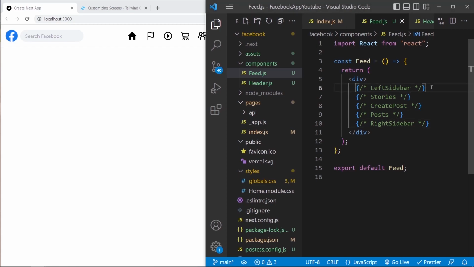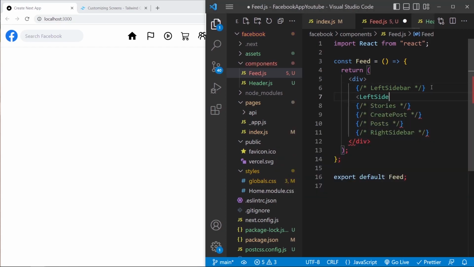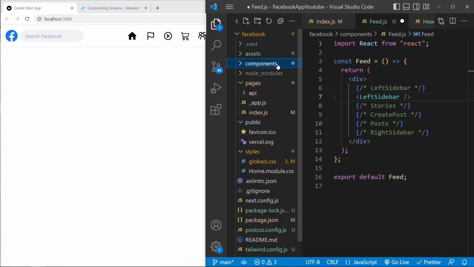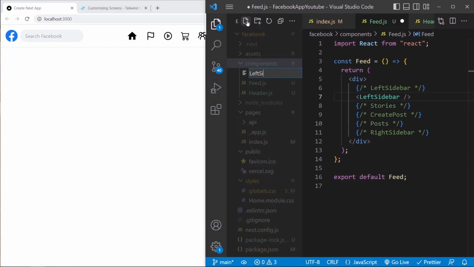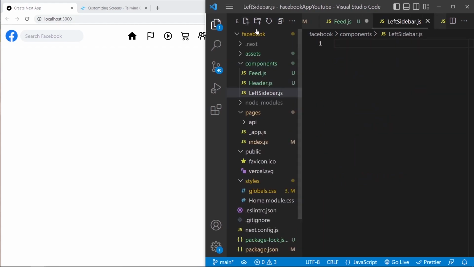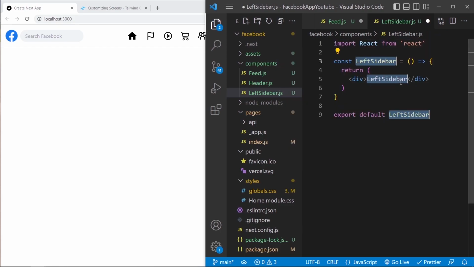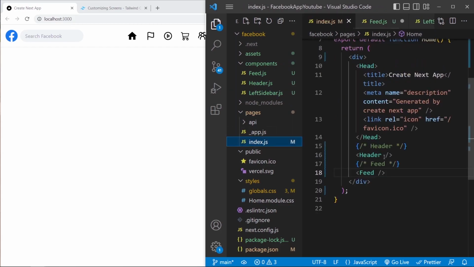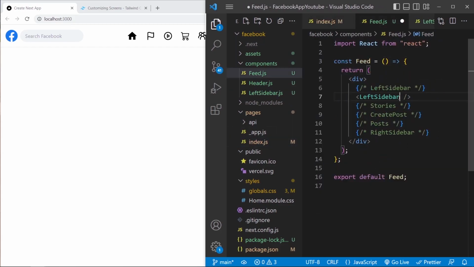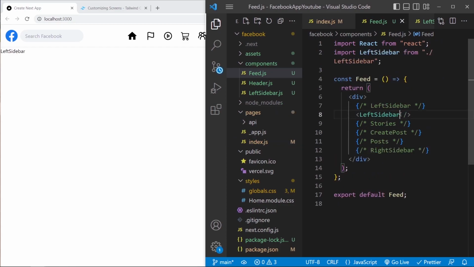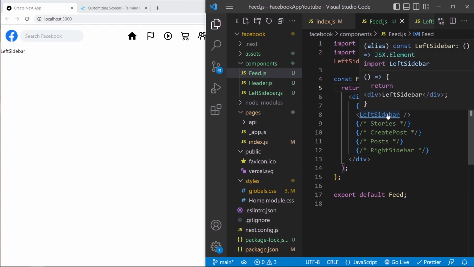So let's create this component, left sidebar. Let's go to components, LeftSidebar.js, rfc, save, rfce, save. Now in index, go to the feed, let's import the sidebar. You can just click here and press control and space, and you'll get the suggestions as well. Now for the left sidebar,